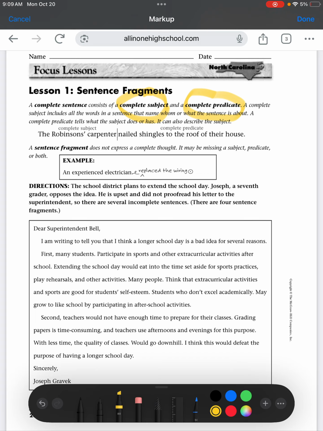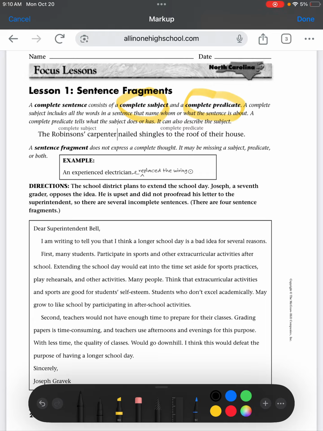So when we're looking through something that we've written, if we see a dependent clause hanging out by itself with a period at the end, we know that we have to revise that to create a complete thought. If we see a subject with a period at the end of it and we don't have a predicate lining up with that, we have to make those revisions. So let's take a look and read through here.